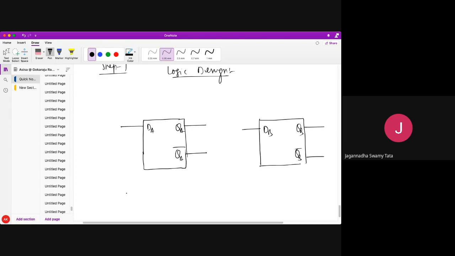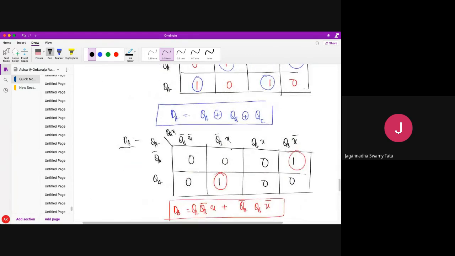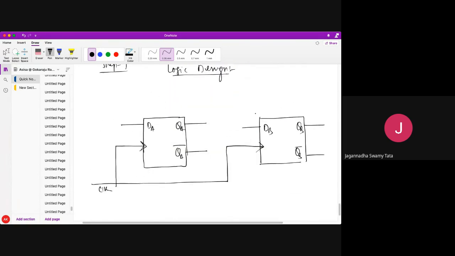Okay, and I have told you, you have to design a synchronous clocked circuit. So the clock will be given synchronously. Here a single clock is given synchronously. Are you understanding? Okay, let's say the clock is like this. So it's a synchronous clock. What I have done: a positive edge triggered clock I have given. Okay, next, what DA did I get? I got DA as QA XOR QB XOR QC.